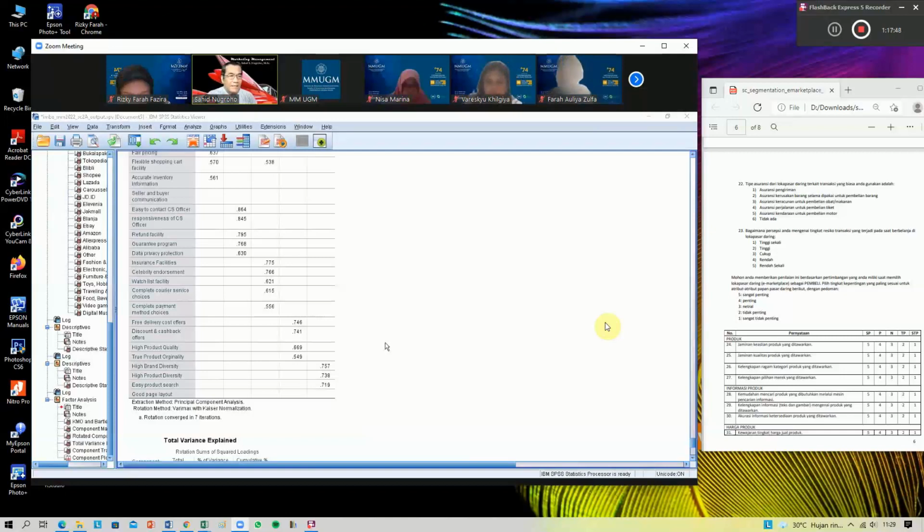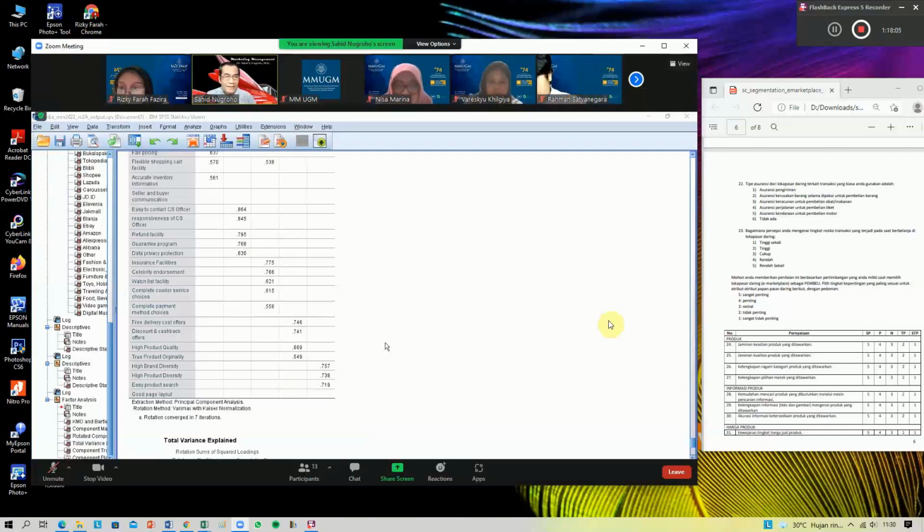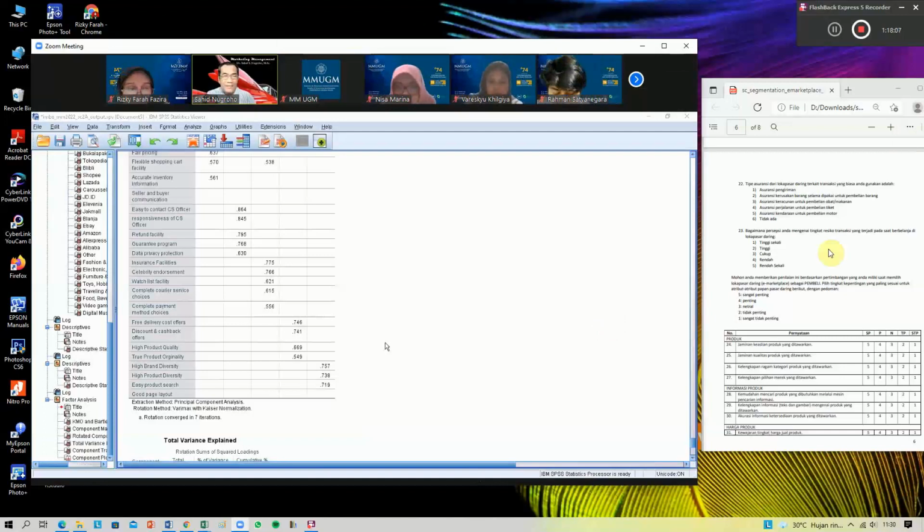Okay, and then the last segment, people who are concerned about high brand diversity, high product diversity, easy product choice. So this is about one-stop shopping motive. Okay, and the last is good page layout.